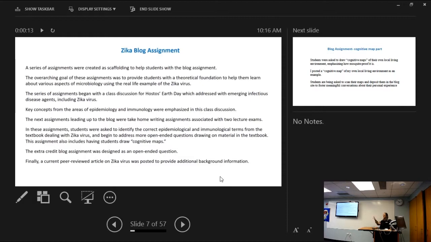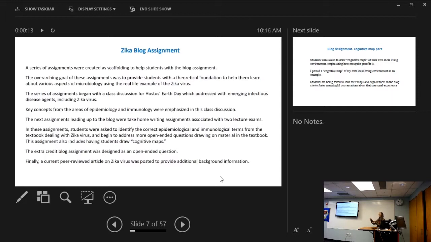So there's this discussion in class. They're given literature on this. There are those take-home questions that lead them back to the textbook to help them cull out the information that gives them the foundation information. And then there's the actual, and actually in this case, part of that assignment was asking them to do a